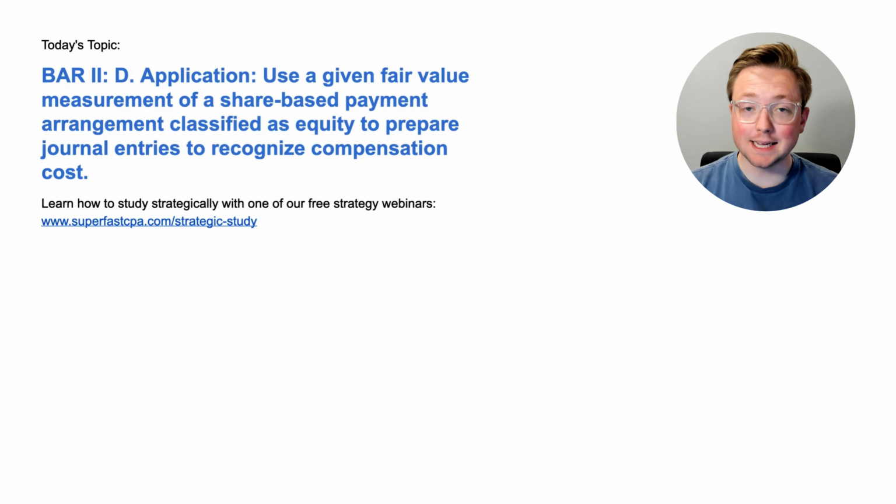I'm Logan, and in today's video, we are going to be going over bar area 2. This is section D. This is an application topic. Use a given fair value measurement of a share-based payment arrangement classified as equity to prepare journal entries to recognize compensation cost. And we're going to be doing that the Superfast CPA way, which is diving straight into the questions